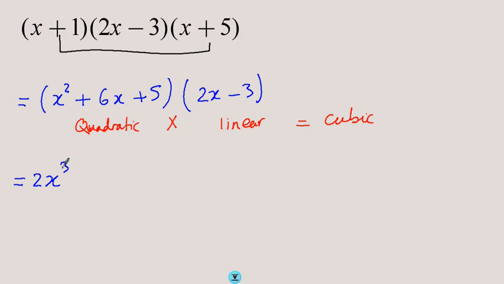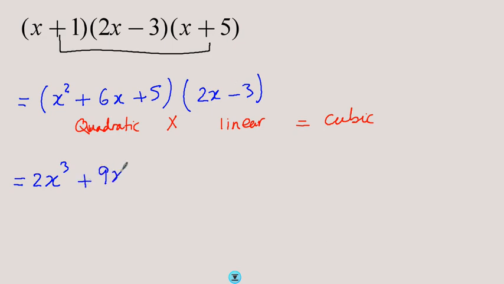How can I get an x squared term? You can only get an x squared term if you multiply the 6x by the 2x, or the negative 3 by the x squared. So the product of those two is 12x squared minus 3x squared, and that gives you